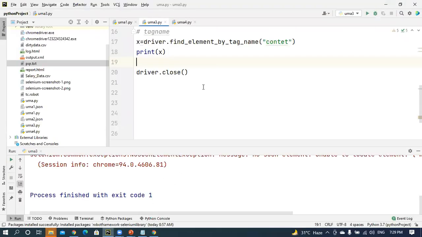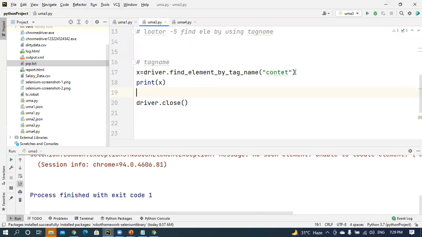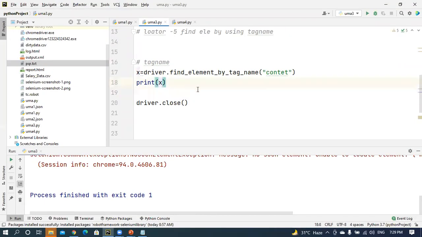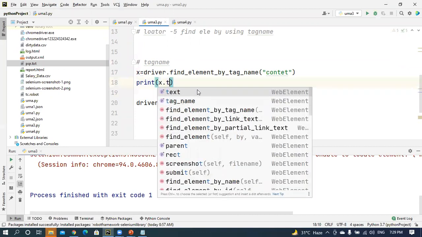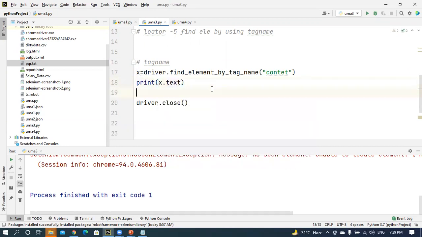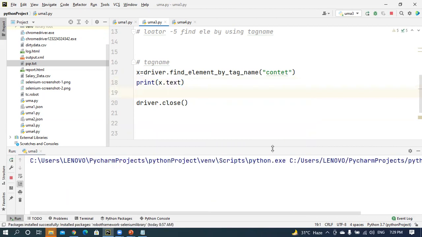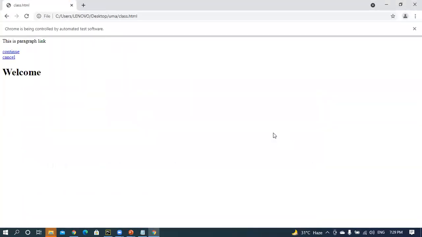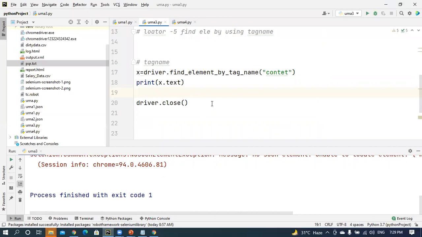So once again, I check it. Print that content. Print the content dot text. If you write the content dot text, for example, if you want to get the text, x dot something, does it execute or not? Verify that one. Yes, it will go to this one. After that, identify the element with the help of class name. Okay, sorry. The tag name I am